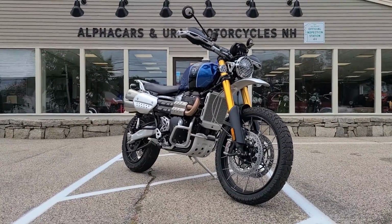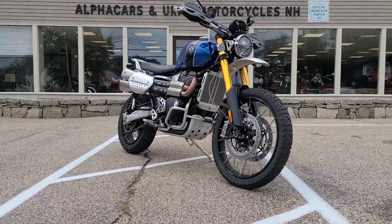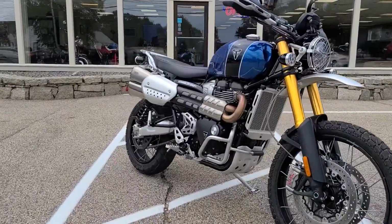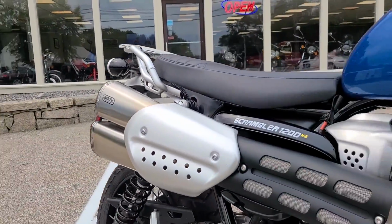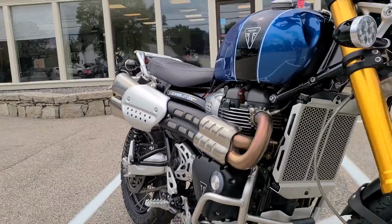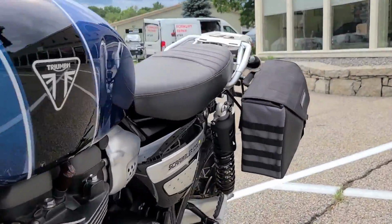We're going to be taking a look at this 2019 Triumph Scrambler 1200 XE. This Scrambler is showing just over 5,300 miles. If you would like to see a high-resolution detailed photo set, please reference the listing at alphacars.com. But today I'll be taking you on a quick condition overview as well as showing you some of the bike's